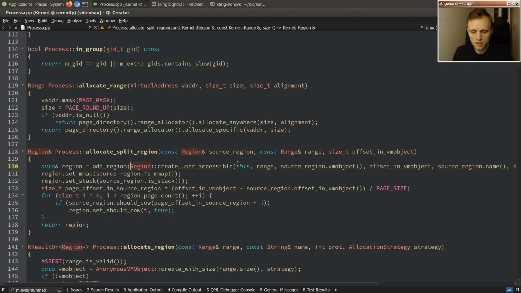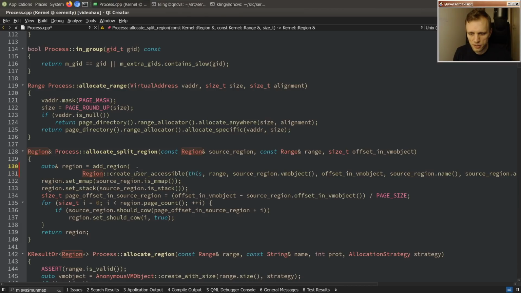And the replacement region, the new region, is constructed by calling region create user accessible. And we pass in the range and the VM object of the source region and so on. And everything here looks good, except the bug is actually super subtle. So the issue is that region create user accessible